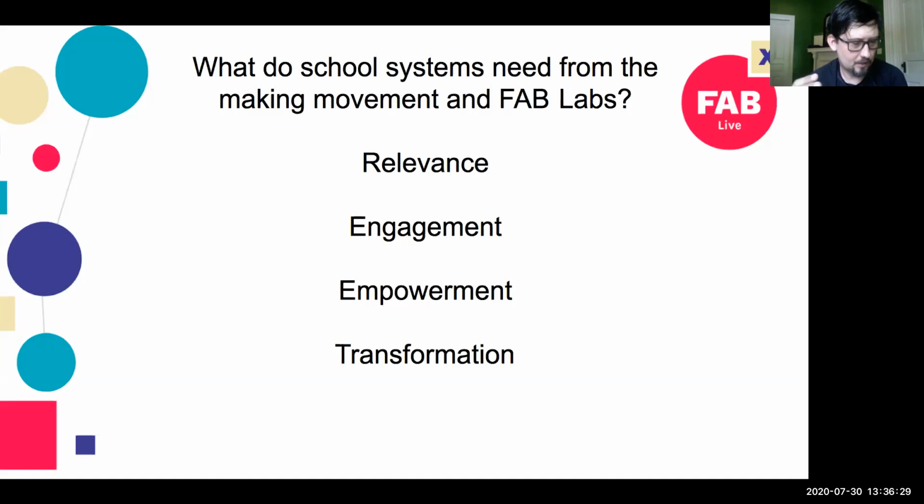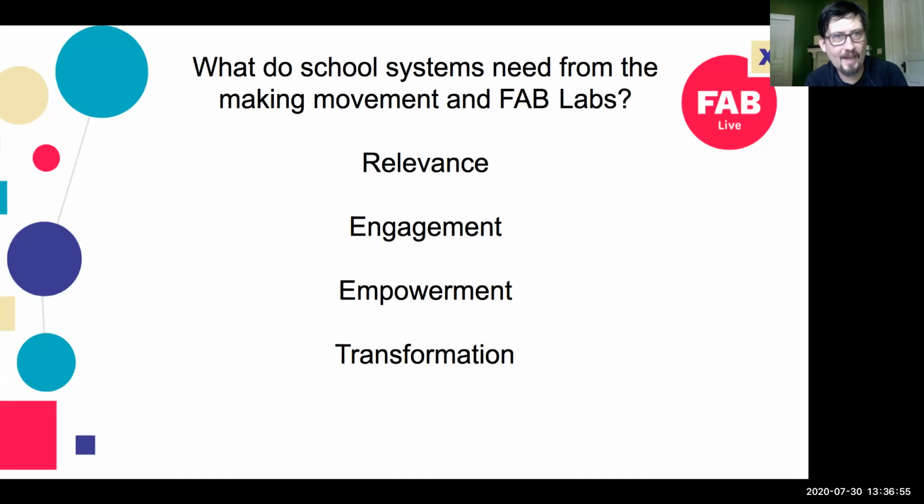Empowerment. So I'm going to go down a list of things here that are so important that we as fabricators and as makers can bring to schools that they don't easily create for themselves. The first is equity.